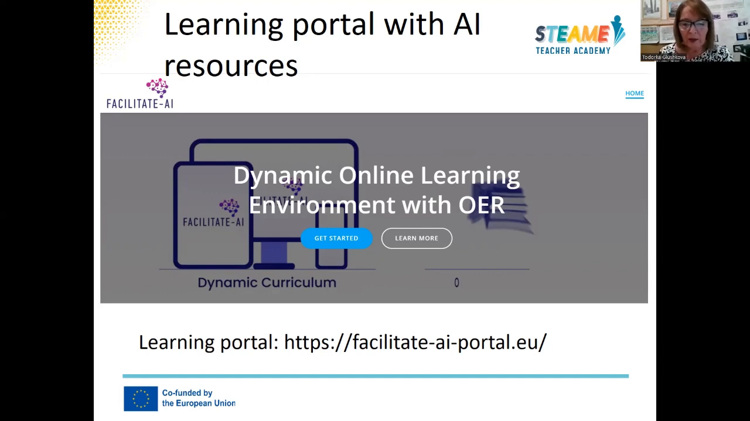As a result of the work on this project, the consortium created a suitable Moodle-based educational platform with a variety of learning materials, learning creativity plans, and other STEAM relevant services and resources. We can see the address of this learning portal,